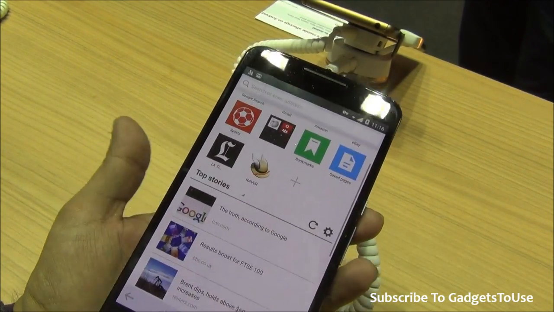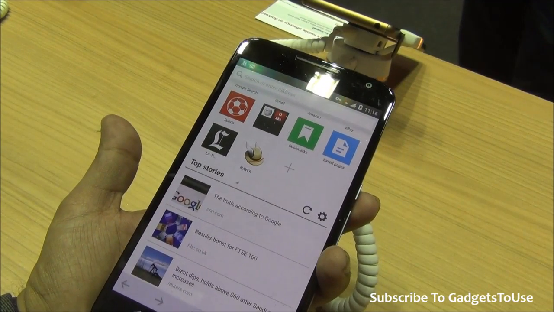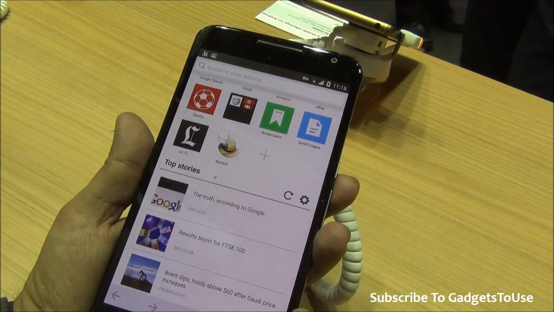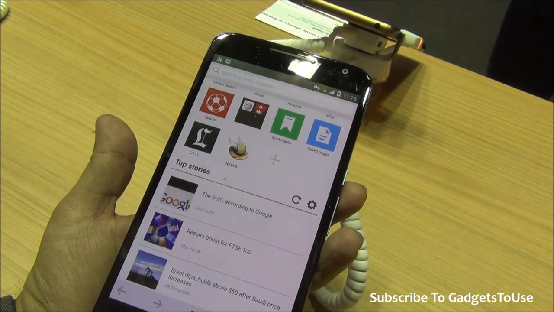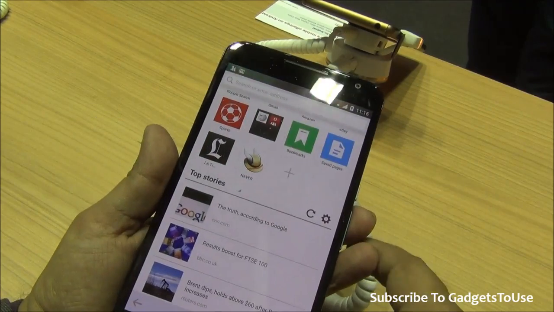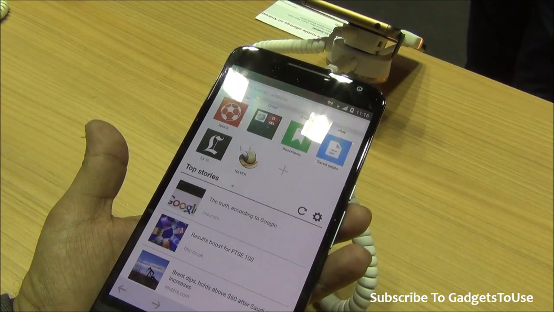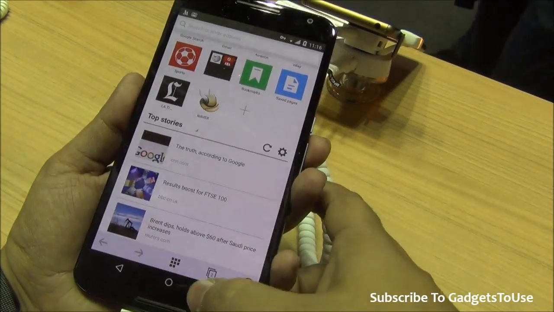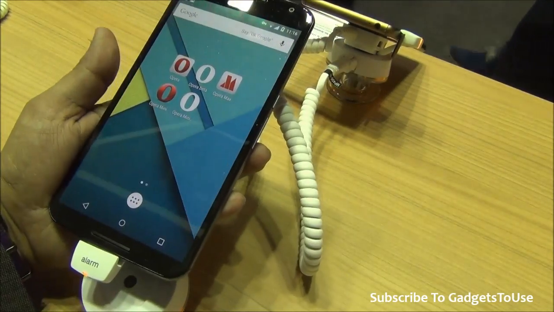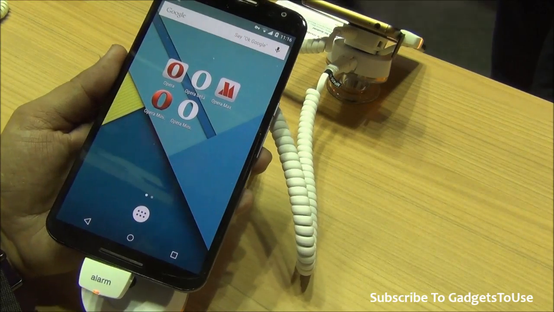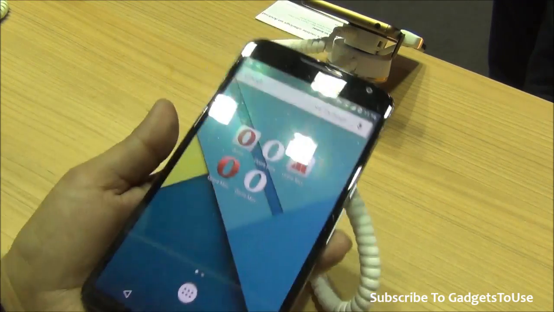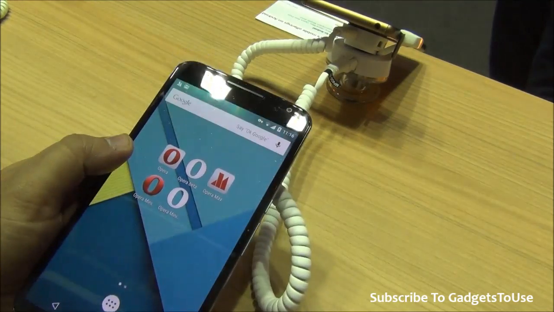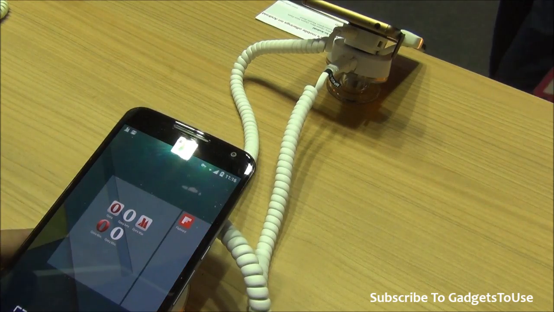Again, I would recommend you go for the new Opera Mini beta, which is right now on Play Store, which gives you the kind of UI you should have on an Android phone or a tablet or any other Android device, and it gives you a lot of features and functionality, which is definitely going to make your life much easier. So that's all from us as far as the quick hands-on of the new Opera Mini design for Android. It is available on Play Store and you can go ahead and download it. This demo is on a Nexus 6. However, you can have this on other Android phones as well.